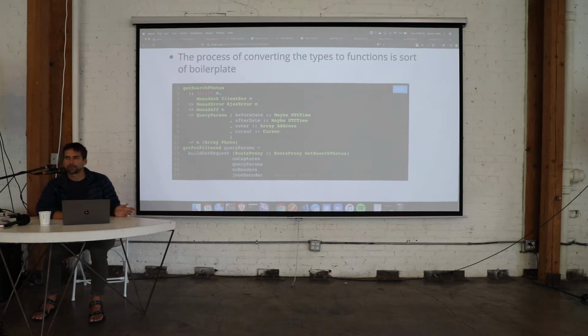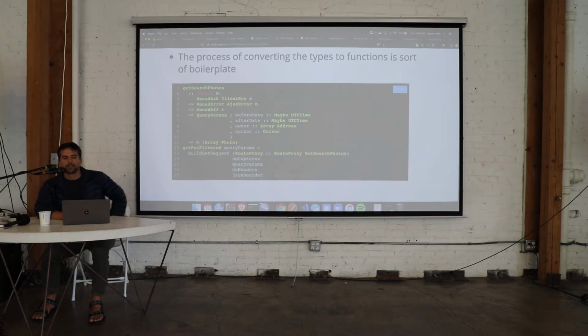The way that it's done is very similar to Servant. There's something called a client environment, which basically keeps a connection manager, or in the case of PureScript, just a URL for where the API is that you're talking to, and a way to possibly deal with AJAX errors, because under the hood this uses AFJAX. Then a monad AF instance, so basically this is the context for any API request you'll ever have to do with us. The original part was just a path component, which doesn't require us to do anything, it's just going to magically append to the path that we're going to hit. But the only input to this function turned out to be that you needed